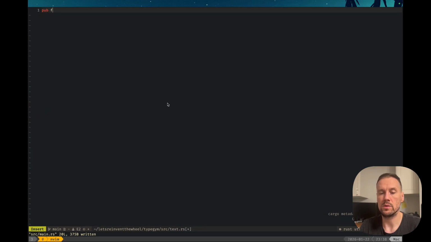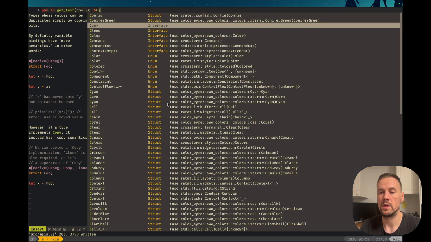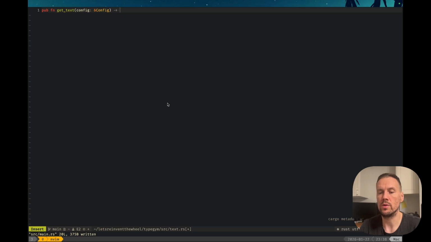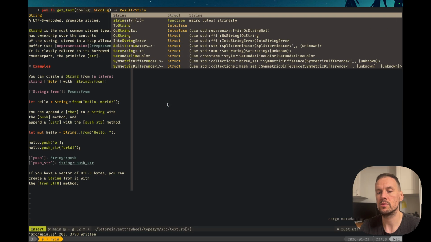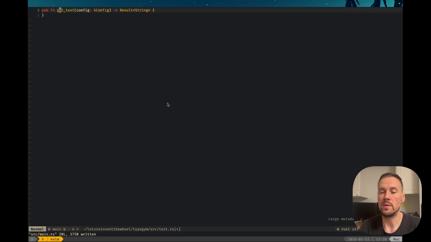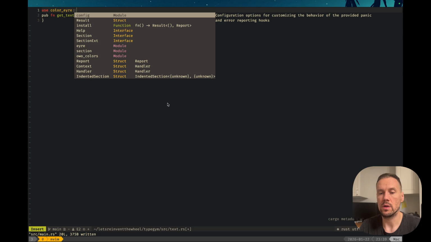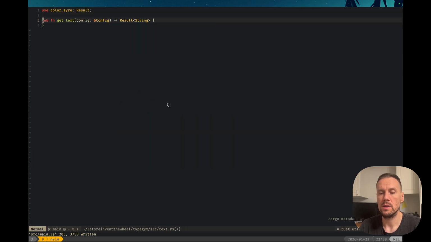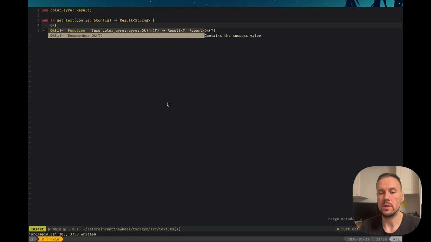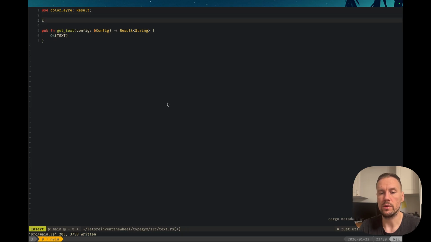We can say that there's going to be a function get text, which is going to be provided with config, and it will return some yet again result string, because we're most likely going to be reading some files in the future. So we can once again use color eyre result, and then for our initial setup, instead of trying to generate nonsense or read some files, we can instantly return some static text, right? So we can say okay, some text, where text is